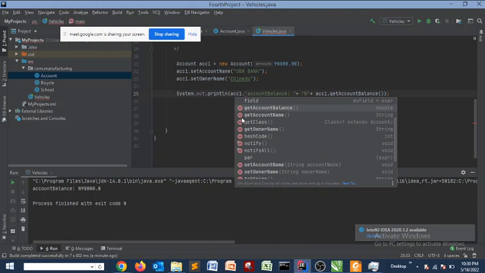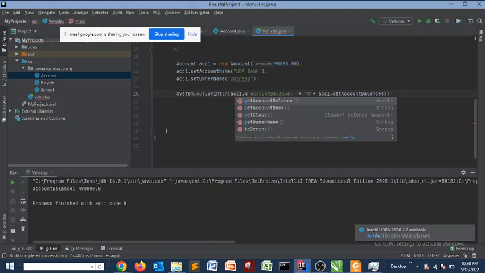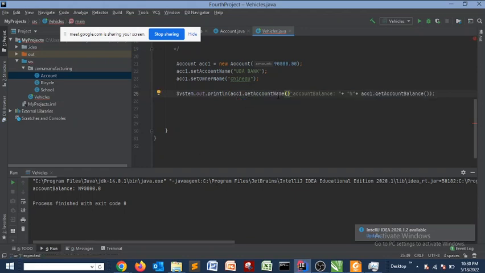Okay, as I'm saying, account1.getAccountName. I've already set it to UBA Bank, so now the system always gets it for me, plus UBA Bank, plus